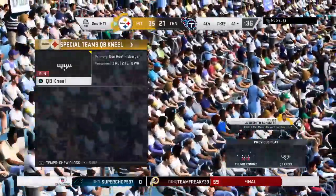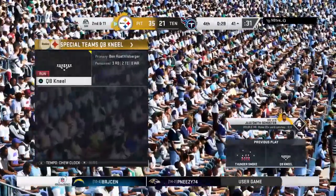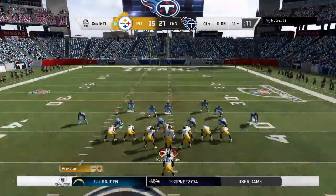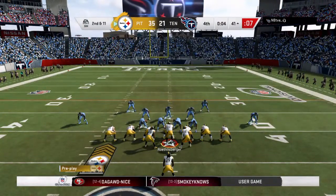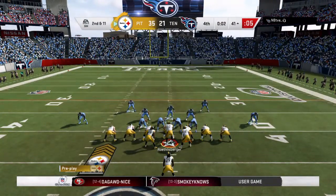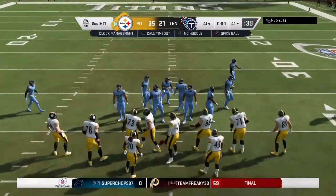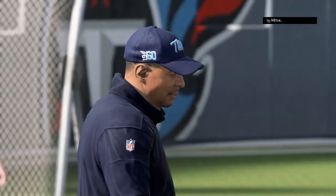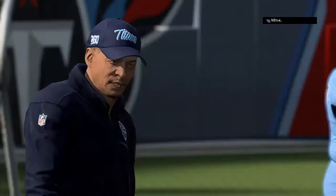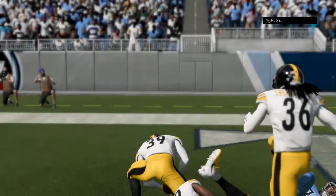So they file for the exits here in silence. And what a job to come in on the road, divisional round of the playoffs, and you get to end it by going down to a knee. Now their confidence has to be at an extreme high. That's 2 weeks in a row they've gone on the road and gotten it done. They don't care where they go. From here on out, they think they can beat anyone. And they have secured a spot in the conference championship, and now you can start to smell it at this point in the season, can't you? You really can, because